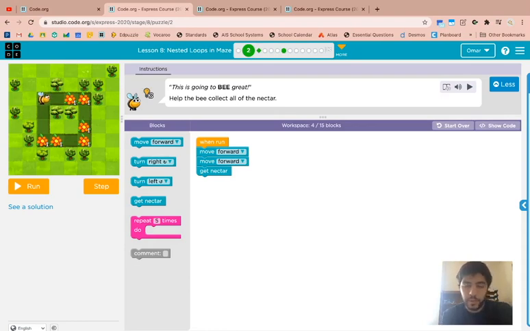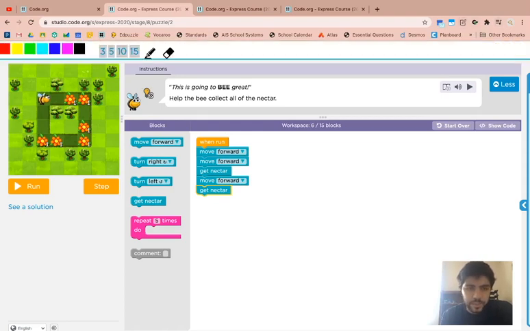As usual, I want to start by not using loops at all, unless it's very obvious. If it's very obvious, then sure. But I'm going to start without using any loops at all. So I did move forward twice, get nectar. I'm going to move forward again, get nectar again. Already I noticed that there's one thing being repeated twice. Starting from this move forward to this get nectar, these two lines are being repeated. So let me